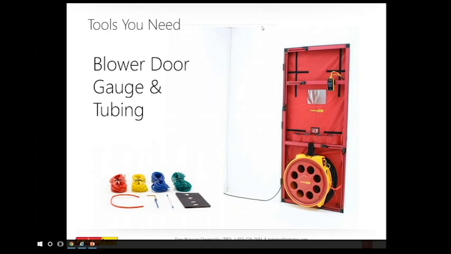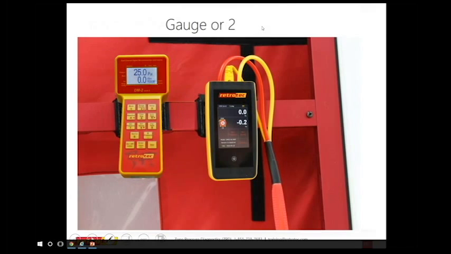But you're going to need that, and depending on how the house is configured, you're probably going to need a good amount of tubing. So you need that blower door, you'll need that gauge, and you'll need that tubing to sort of set up the house as you would a normal blower door and test those. Question comes up, 1 gauge or 2. You can definitely do this test with 1 gauge, but a lot of people find it easier to do it